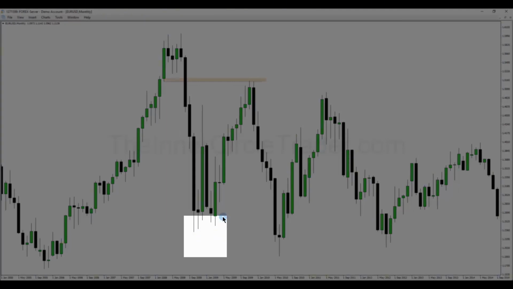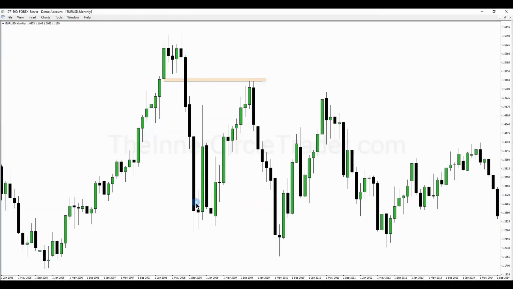What I want you to focus on is look how the bodies of the candles basically merge at that same general area. I want you to ignore the wicks. Okay, ignore those. And by having that in mind, all below these lows in here, there's going to be a large pocket of liquidity in the form of sell